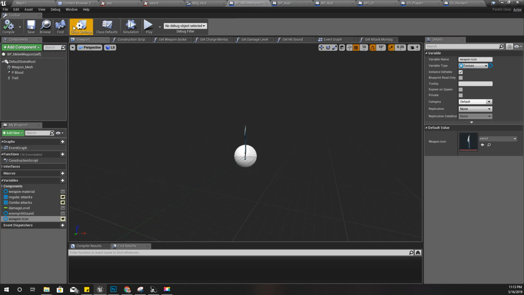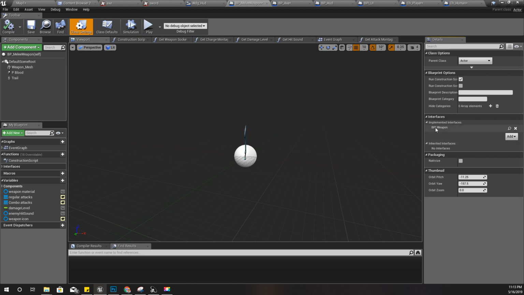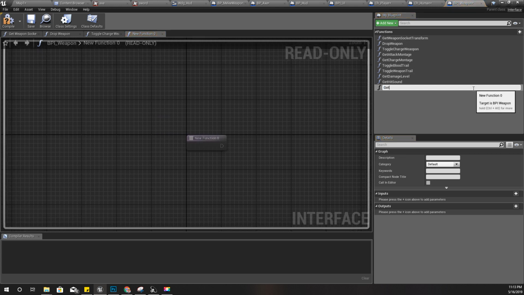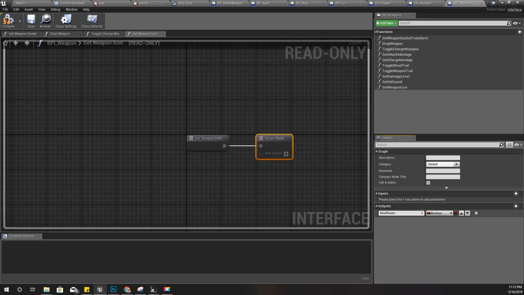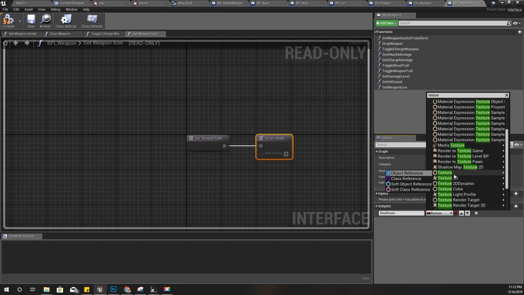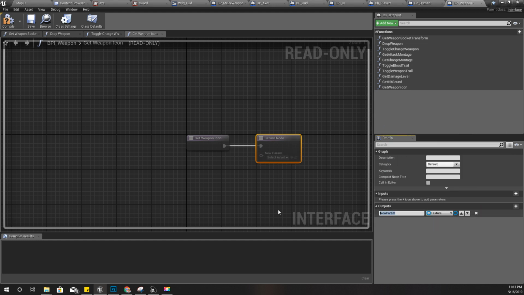But I am implementing this through a BPI weapon interface. So here I'll add a function, get weapon icon, and there should be an output in the type texture, icon. Alright,